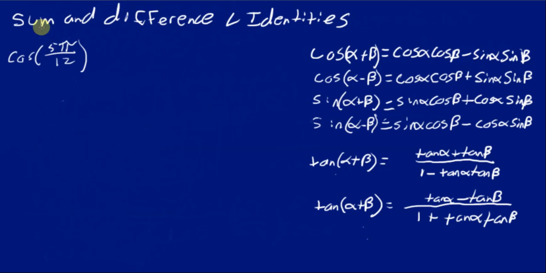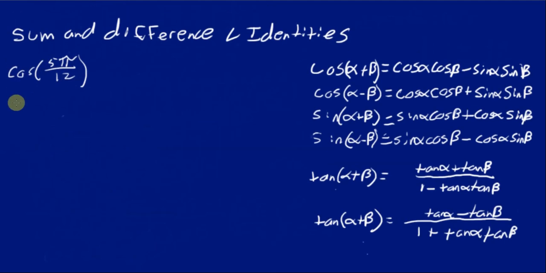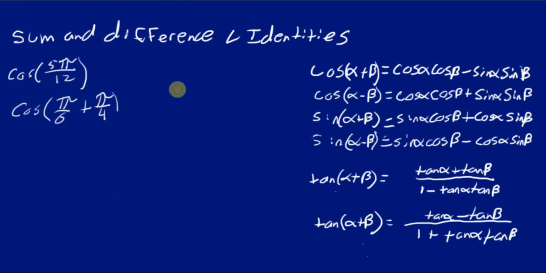Okay, I think this will be the last example. We've got a cosine of 5 pi over 12. 12 can come from 3 and 4. It can come from a 6 and a 2 or a 6 and a 4. It just takes some time and effort just to play around with these. I'm going to go with the cosine of pi over 6 plus pi over 4. And you need to check. That's going to be something pi over 12